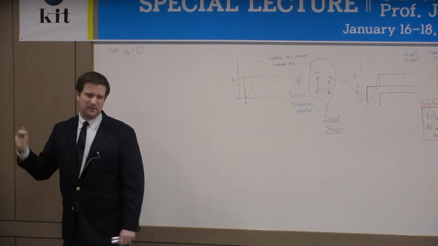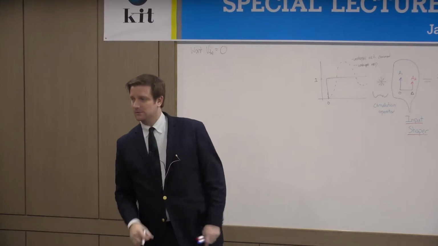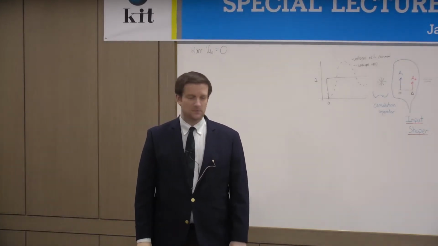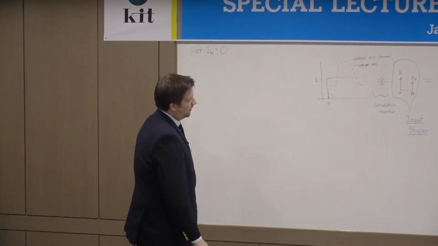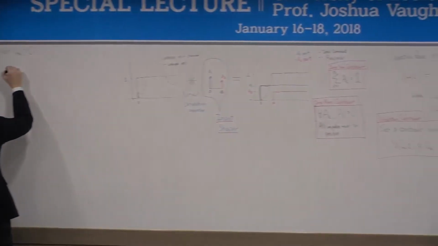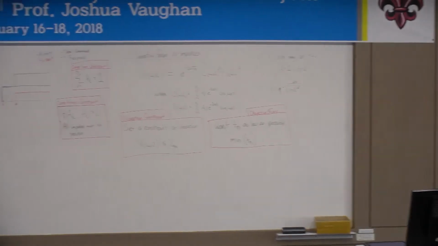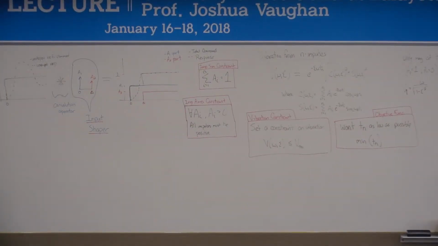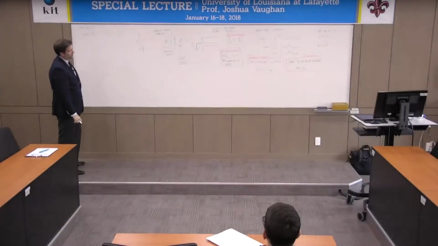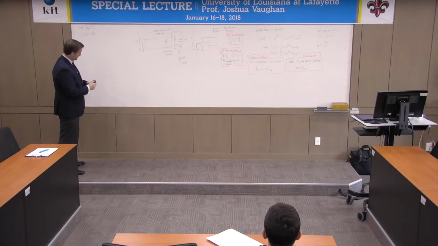I'm going to say I want vibration to be 0. Absolutely 0 when I finish this. Okay. Well, so that means that V tol is equal to 0. I still have these impulse amplitude constraints. So my full solution set: